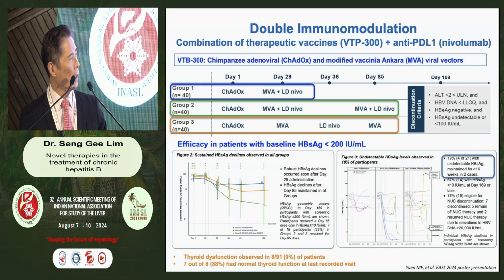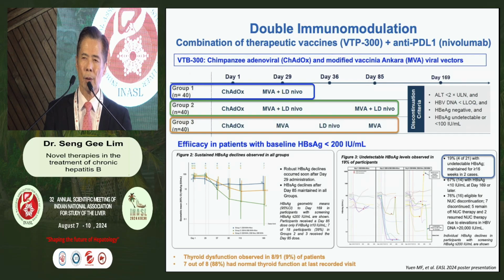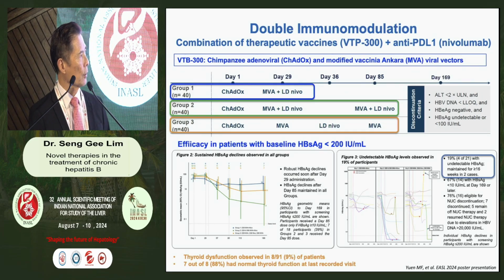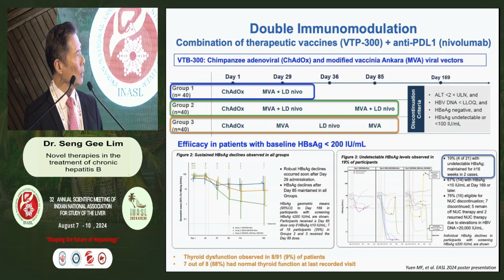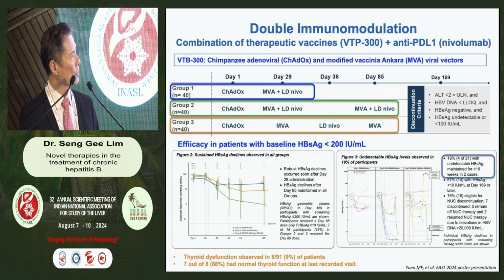Therapeutic vaccines have really been thought to be a novel therapeutic that could really reduce the side effects, at least boost immune responses, and lead to better rates of S antigen loss. In this study, they combined it with a PD-1 inhibitor, nivolumab, and you can see that there's a complicated trial using the new Oxford chimpanzee adenovirus and modified vaccinia Ankara viral vectors, and combined with nivolumab. In green, this is the ChAdOx prime followed by the MVA boost with nivolumab, and then with a second dose on day 85. You can see in green had the best responses here, but